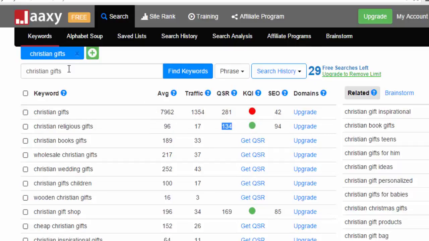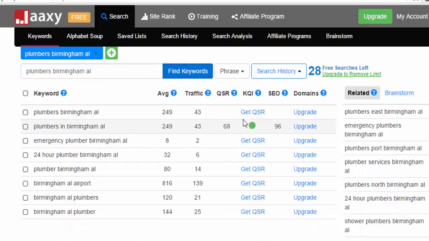Local stuff is easy. Let's do plumbers, Birmingham, Alabama, for example. But you see what I mean? This tells me how competitive this is. I've done a search on this before, and there are 68 pages that are ranking for that one. And like plumbers, Alabama,